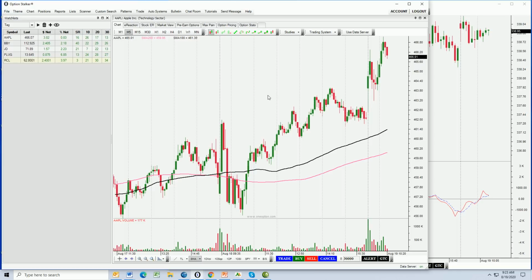A little bit choppy. He's not getting a lot of follow through from the market. You can always drop an alert line right in here. You can drop an alert line anywhere that you would like. You can also do diagonal alert lines. Right now, we don't have enough data to start drawing these alert lines, but as the day starts to unfold and those trend lines start to become more apparent,